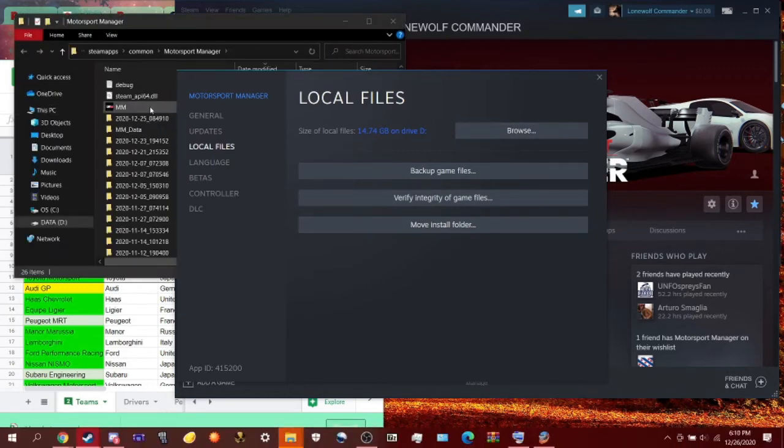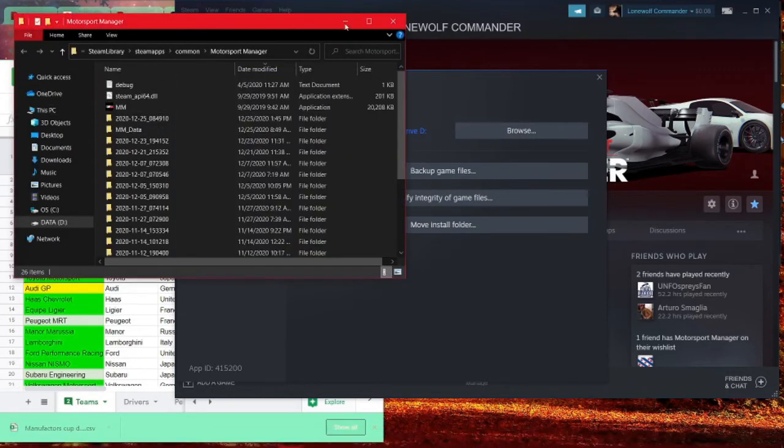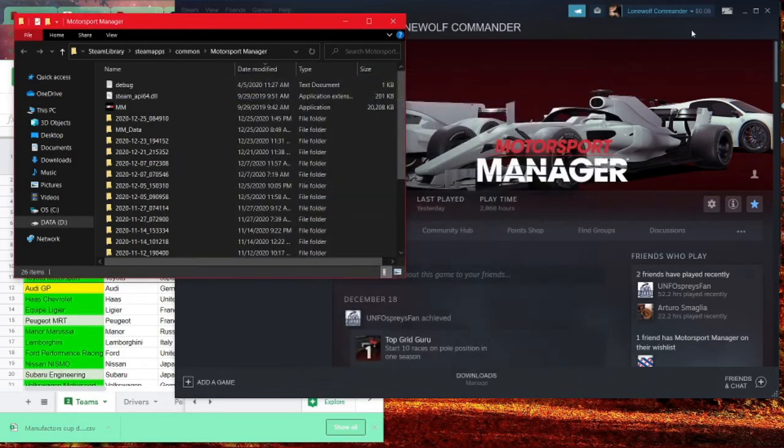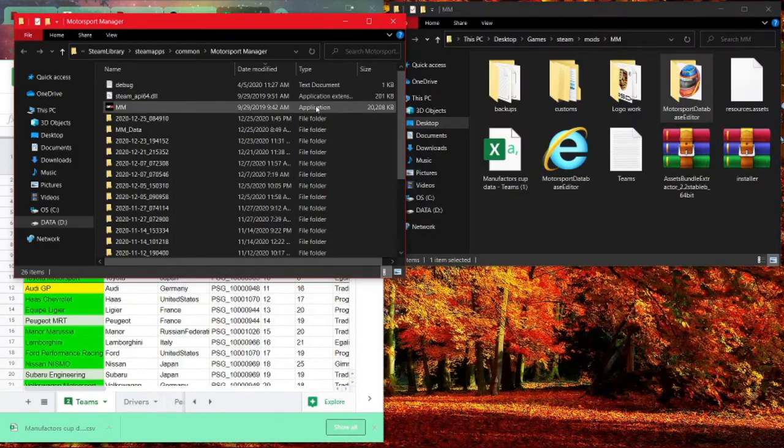It'll show you exactly where your files for Motorsport Manager are, so that way you can get to it a lot easier. Now then, to get this file in the game so that it works, what you need to do now is that you need to go